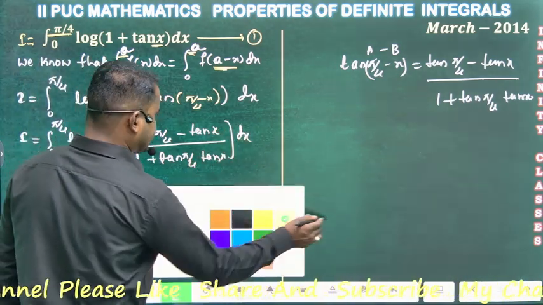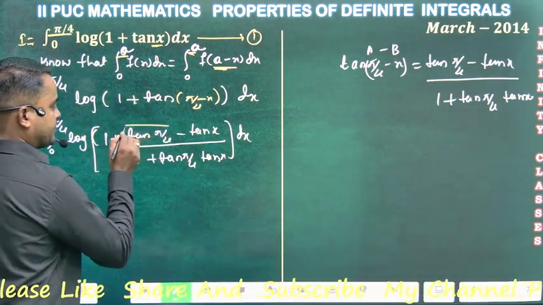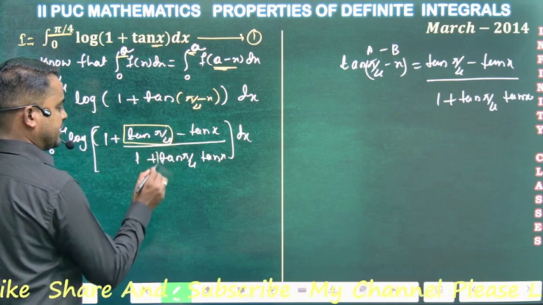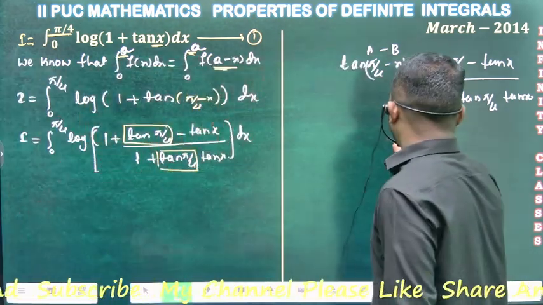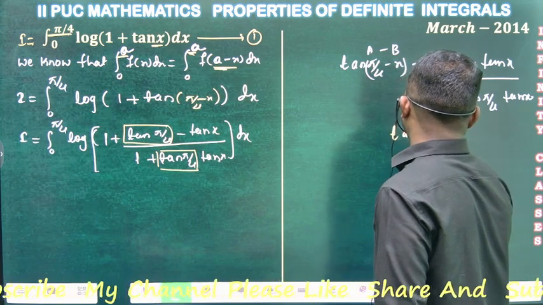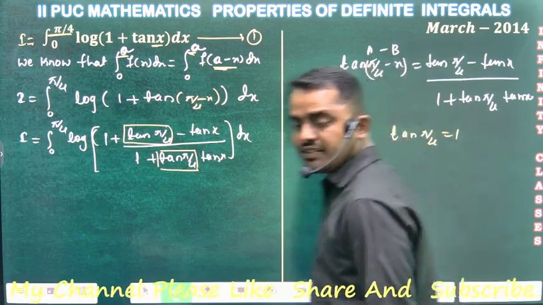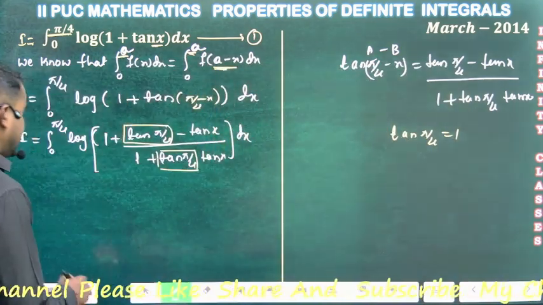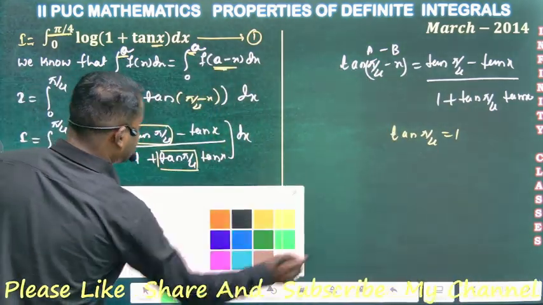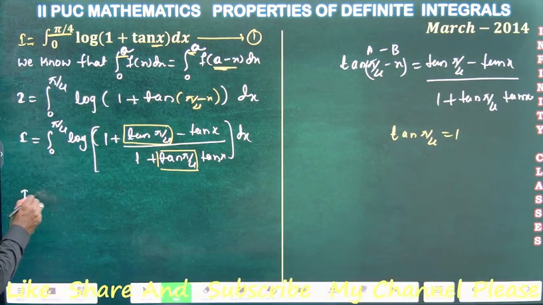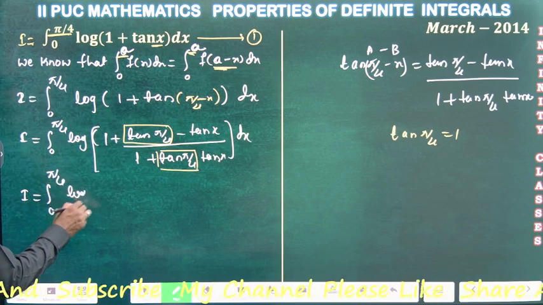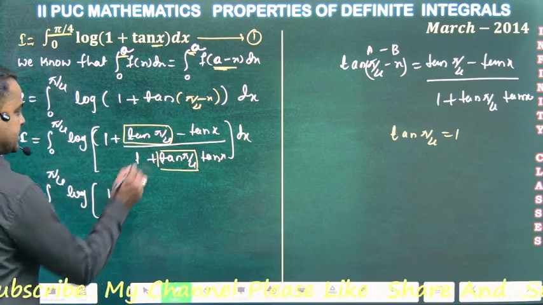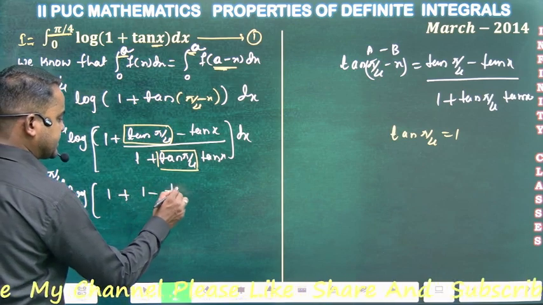The value of tan 5/4 is 1. In the place of tan 5/4 we write 1. So I is equal to integration of 0 to 5/4 log of 1 plus, 1 minus tan x,